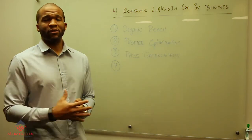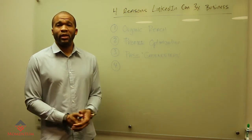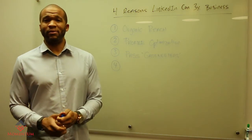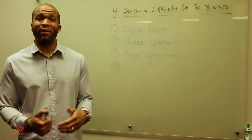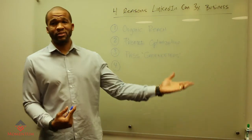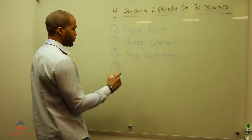You simply have to understand how to use the search function to find the specific type of client that you want, and then connect with them and send them a message, typically giving them a lead magnet, a video training, or a case study, something that might actually help their business. So LinkedIn allows you to bypass those gatekeepers just by having the connection with that person on LinkedIn. And then the fourth one,